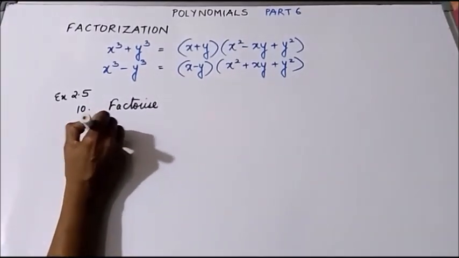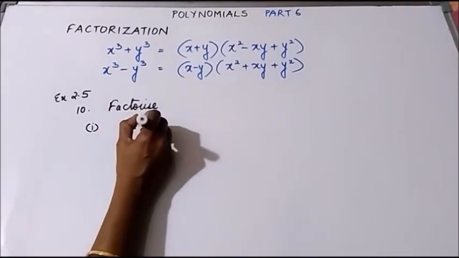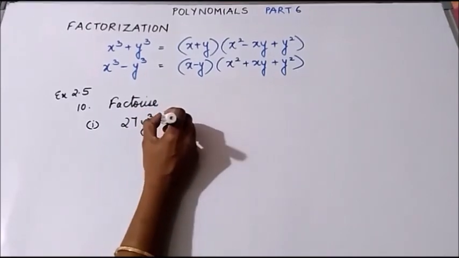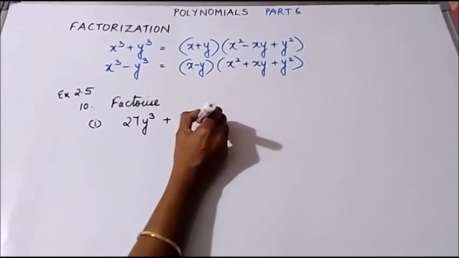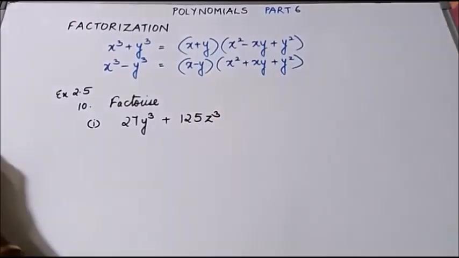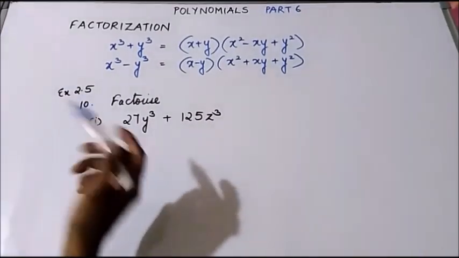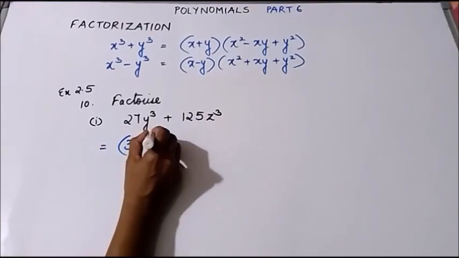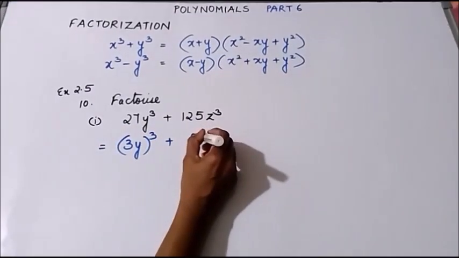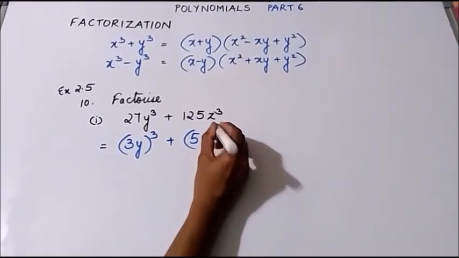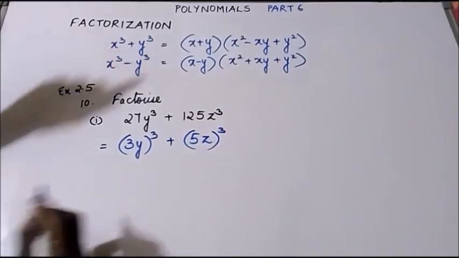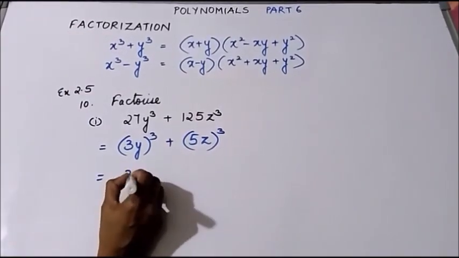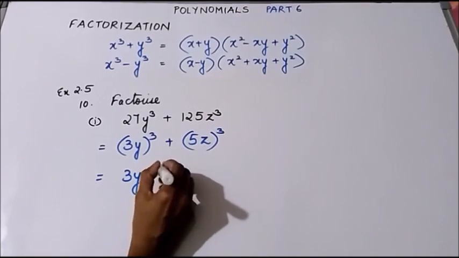In this, the first one, 27y cube plus 125z cube. Now how can this be written as? This can be written as 3y the whole cube plus 5z the whole cube. Which identity will I use? I will use the first one. So here we will get 3y plus 5z